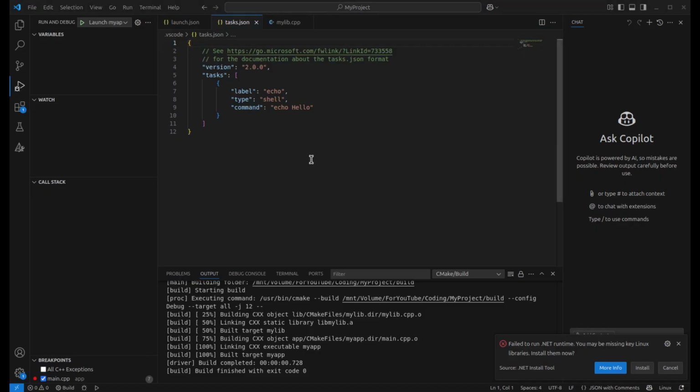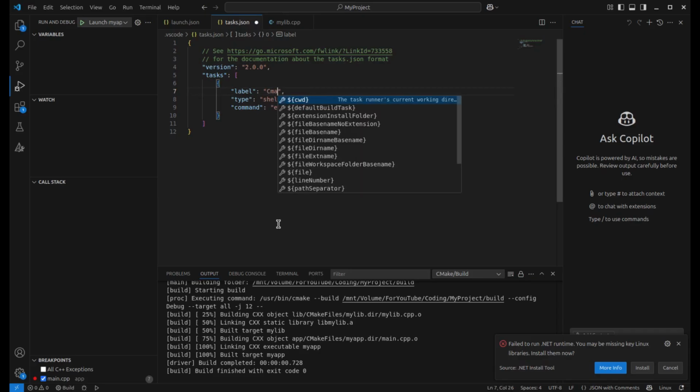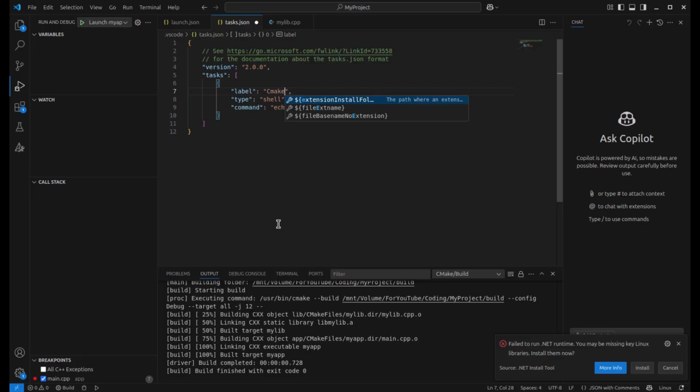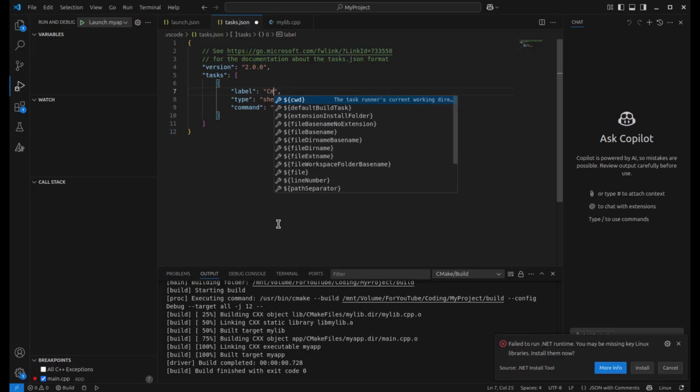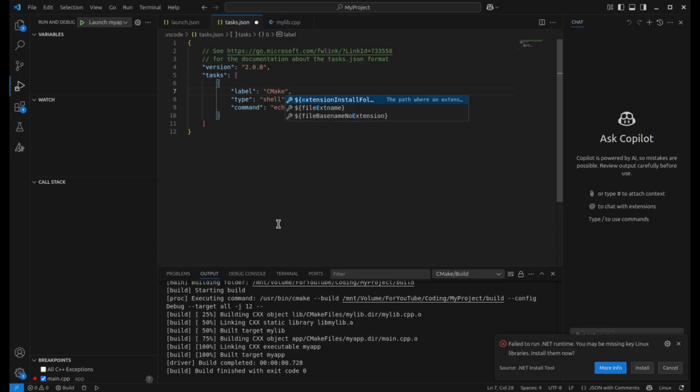Okay, now here the label has to be the same as whatever you have given in the launch.json file for the pre-launch task. So for me it is CMake build, and the type is cmake. The command is simply build,